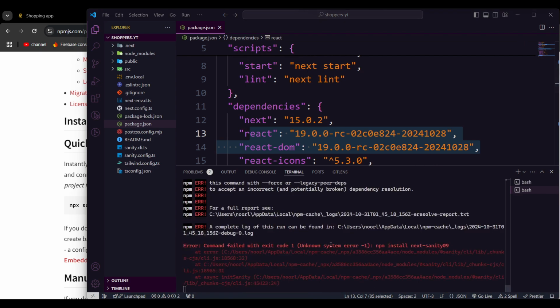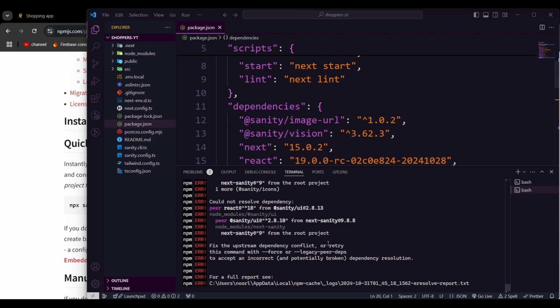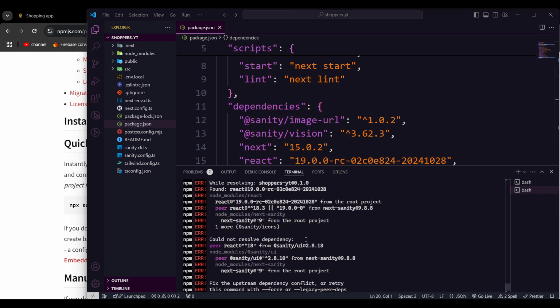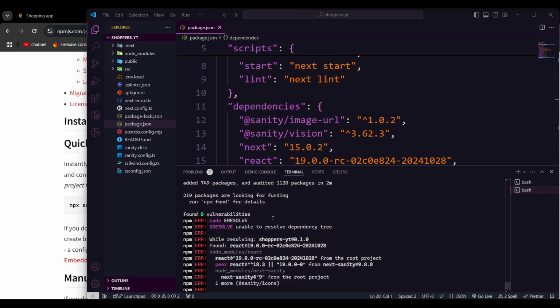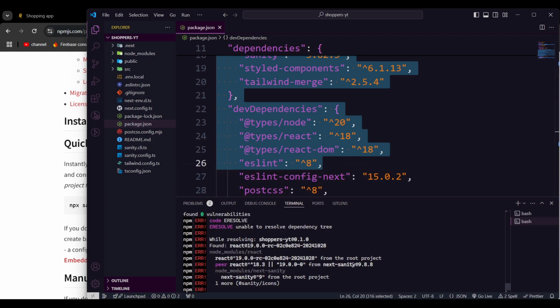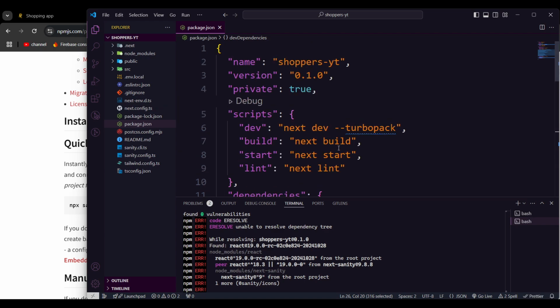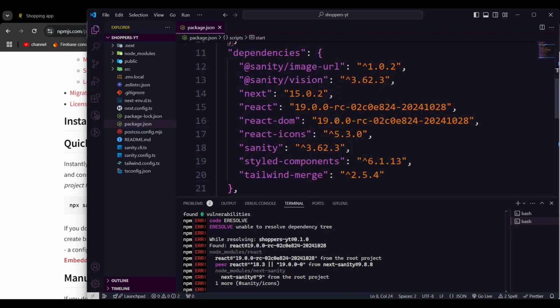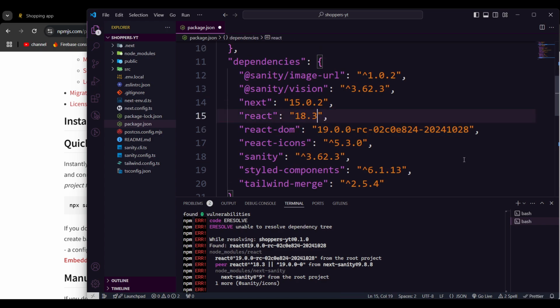Okay, now as you see, I think there is some failed command, with force legacy peer dependency. I think it's because Sanity Studio is on React 18, but we have some RC version, so I think that's causing the problem. That dependency is actually killing me. So what I'm going to do is make that dependency disappear from here. I'm not going to use that RC 18, and also I'm going to change the DOM